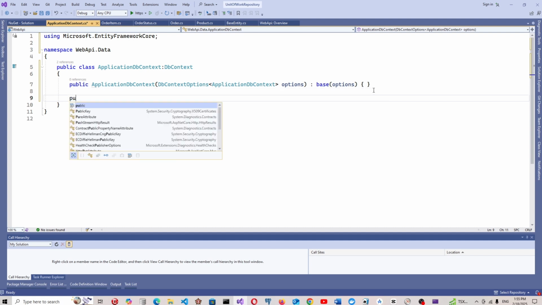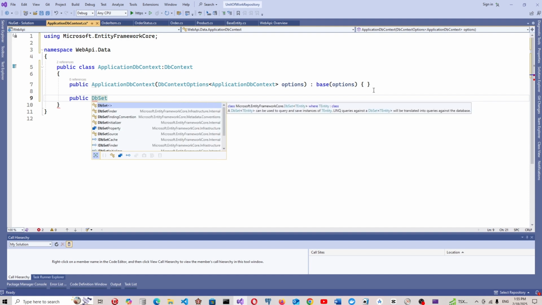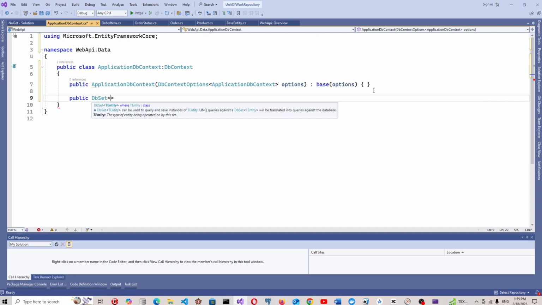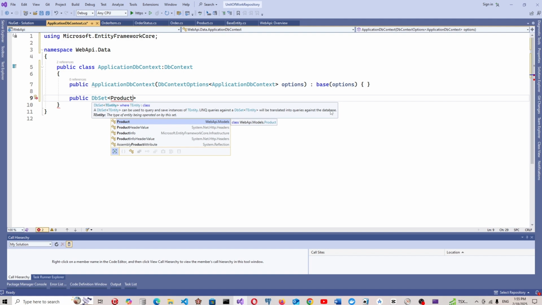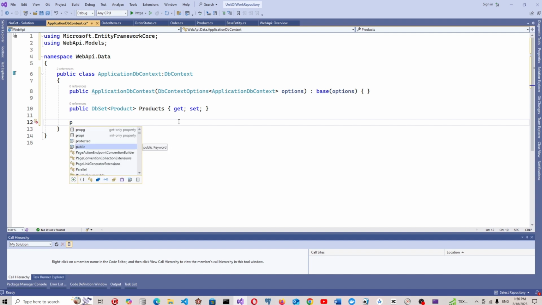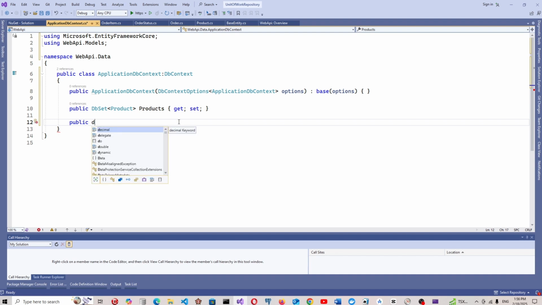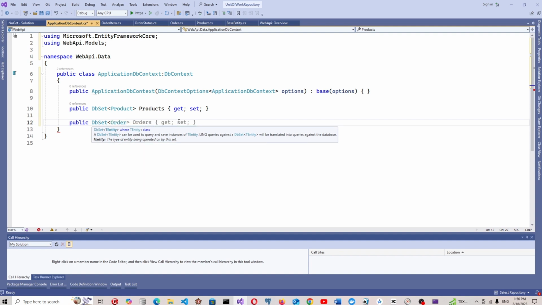Okay, now we have DB set of product, which is products balance, and also will be public DB set of order, and which will be orders,